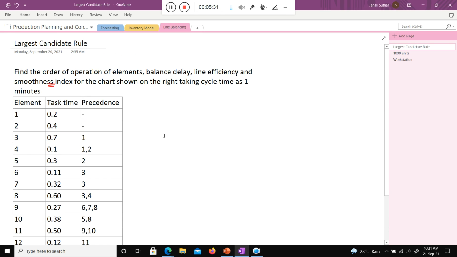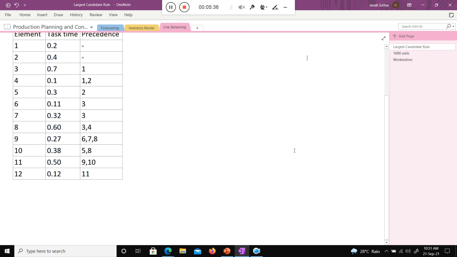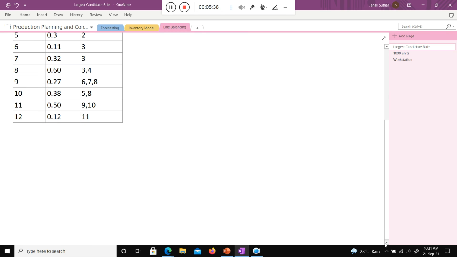Here we are trying to apply the largest candidate rule. So what is step 1 of the largest candidate rule?